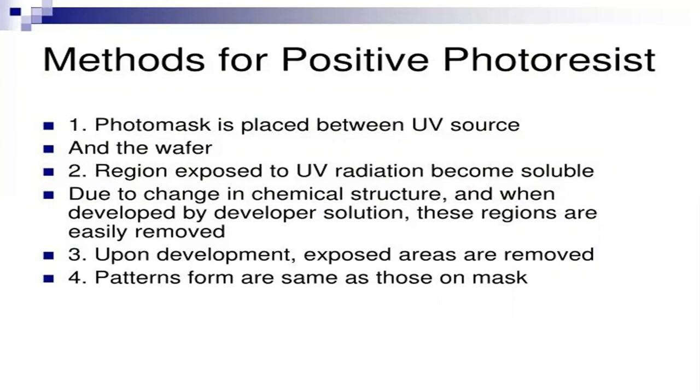The photo mask is placed between the UV source and the wafer. The ultraviolet light should be passing over the liquid resin. We place the photo mask over that liquid resin, and the UV light source passes through the photo mask. After that, through the photo mask, the light should be passing over the liquid,